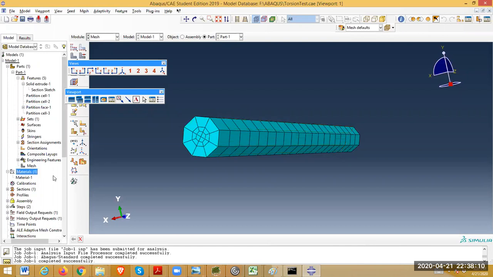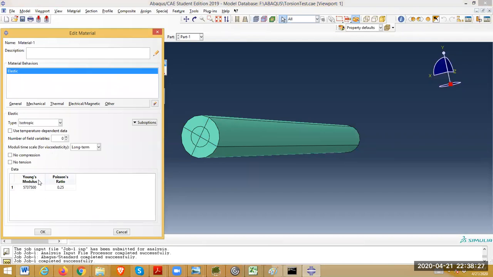Next step, you can see here materials. Here in Abaqus, you can see there are different modules: part, property. Material comes under the property module. So we have defined a material here. You see we have a Young's modulus and Poisson's ratio. Do you remember we calculated the shear modulus from our experiment? Based on that,